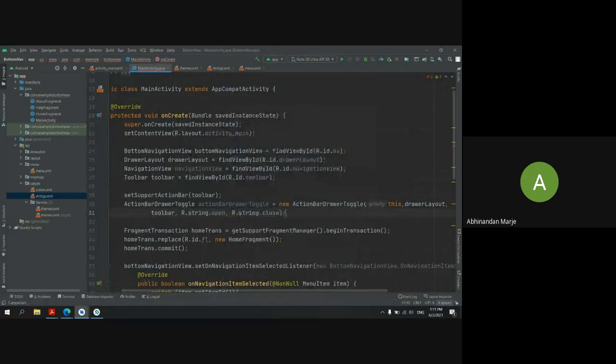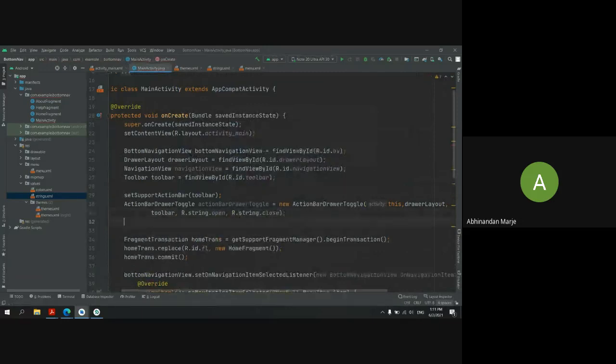Now I have to add this toggling method to my drawer layout.